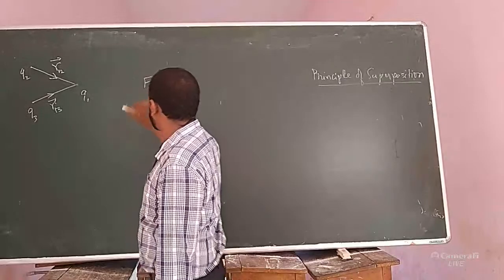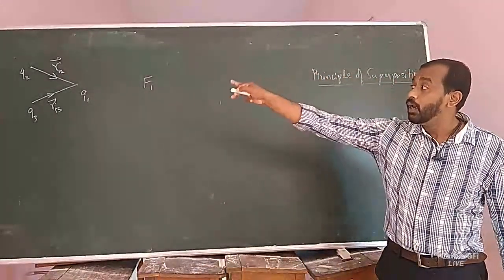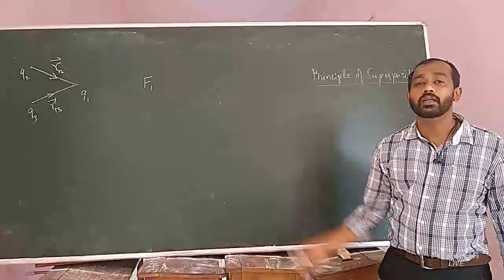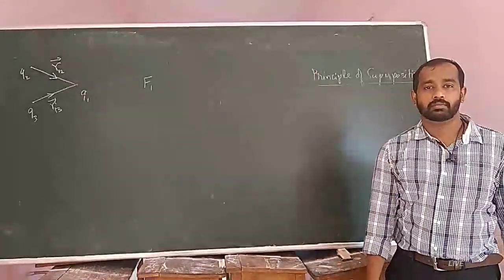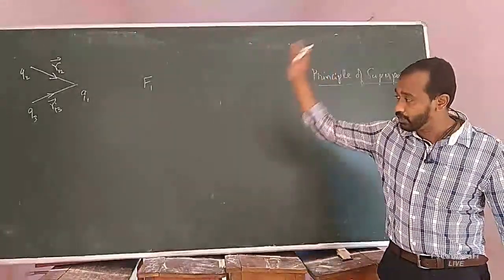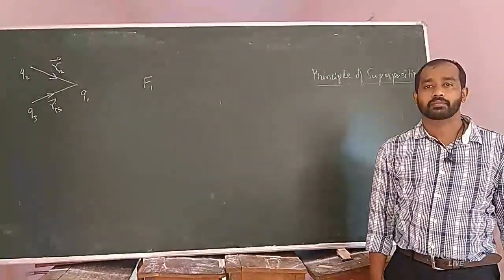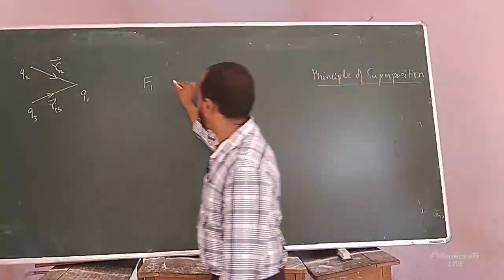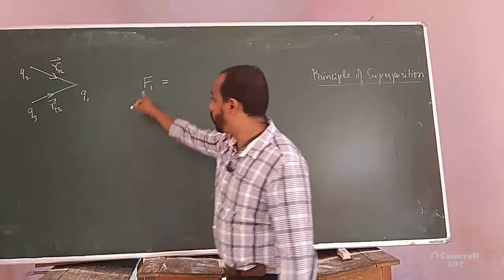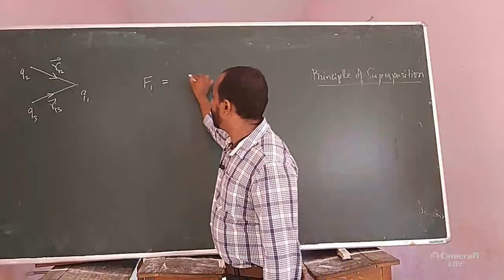So this F1 is representing the magnitude of the force on Q1 due to Q2 alone, imagining that Q3 is not present. Only Q2 is present. So now, according to Coulomb's law, the force on Q1 due to the Q2 is